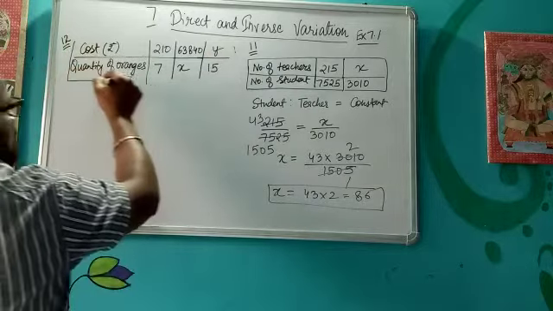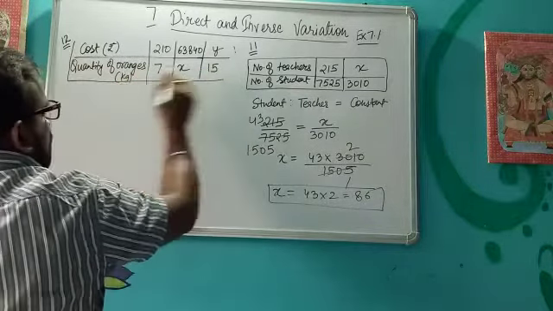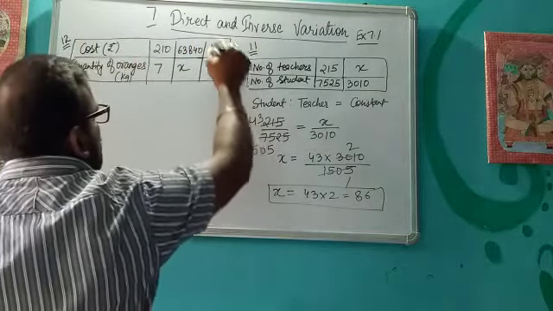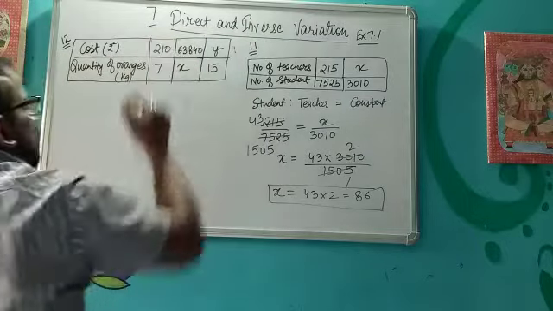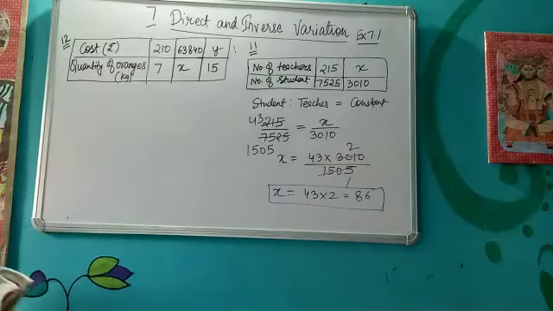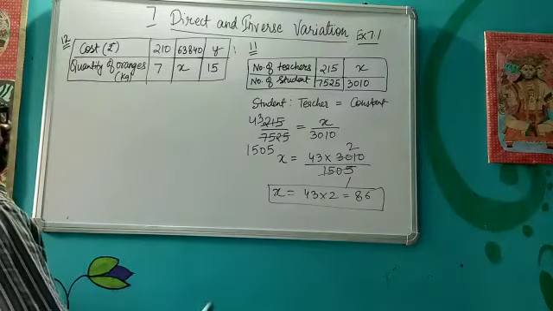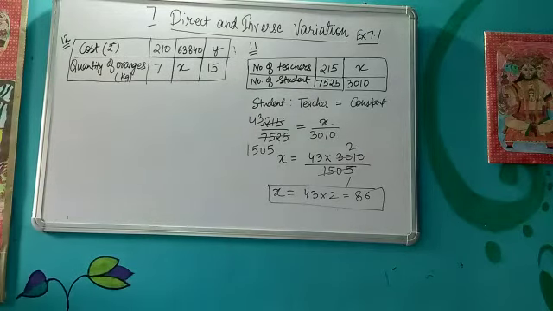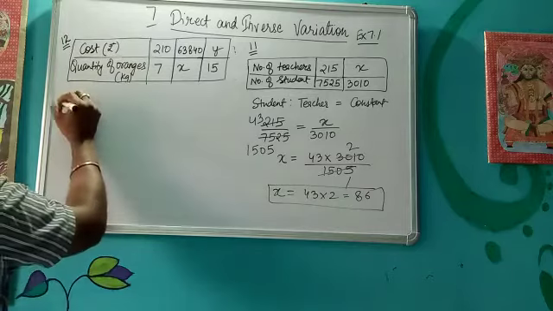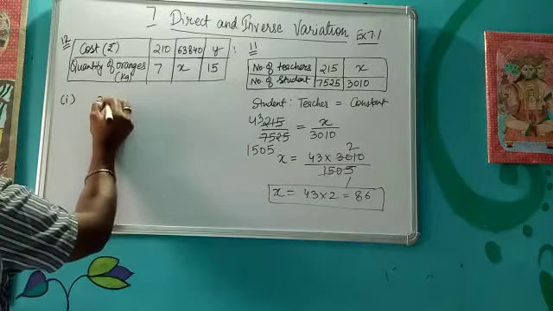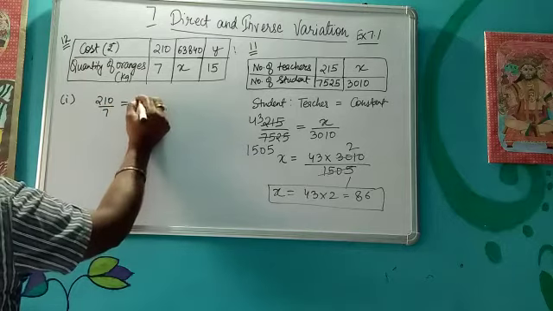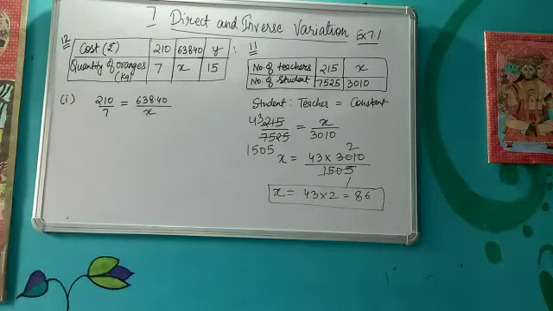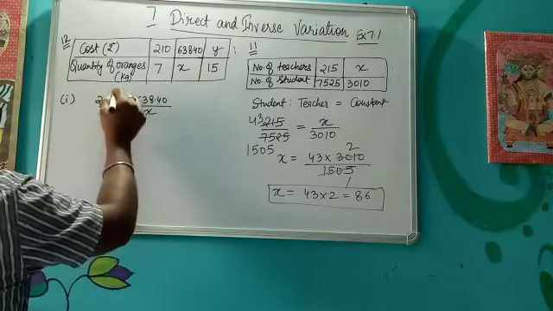Okay, so when multiple things have been asked, you can make the table like you have seen in question number 1. So this is my table now. And what we know, as the number of oranges increases, the cost increases. And as the cost increases, number of oranges also increases. So this is again direct variation. So for the first part, we will solve 210 upon 7 is equals to 638.40 upon x.